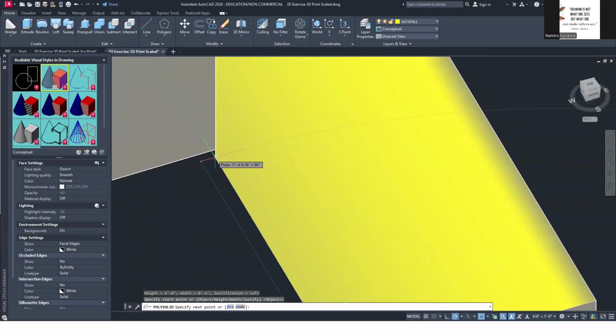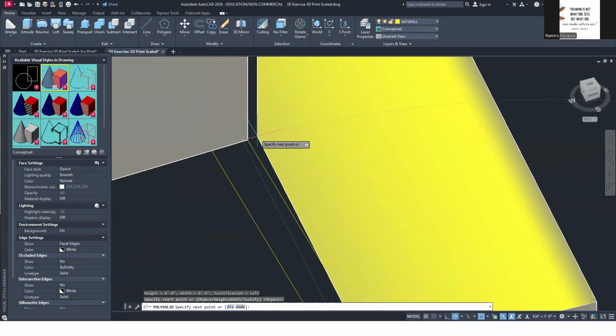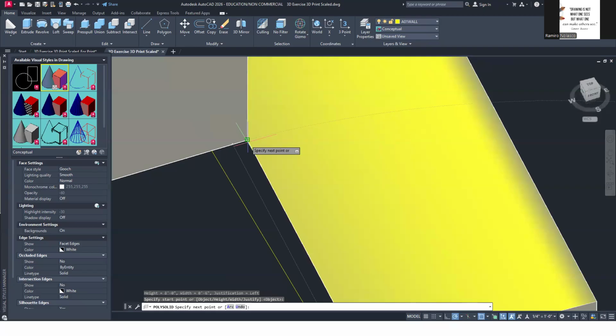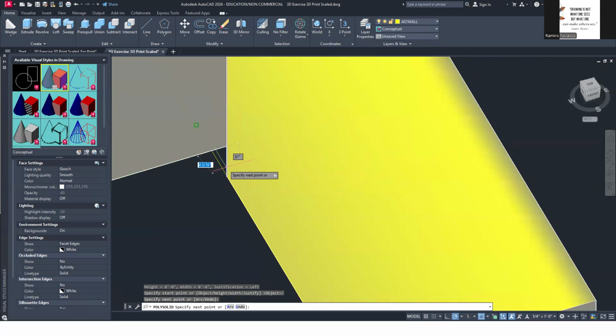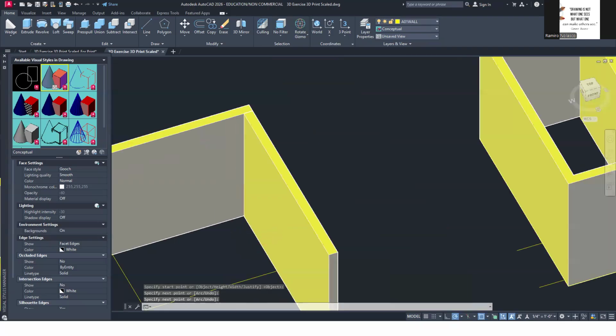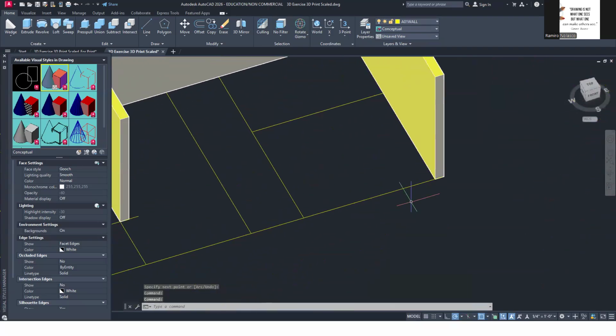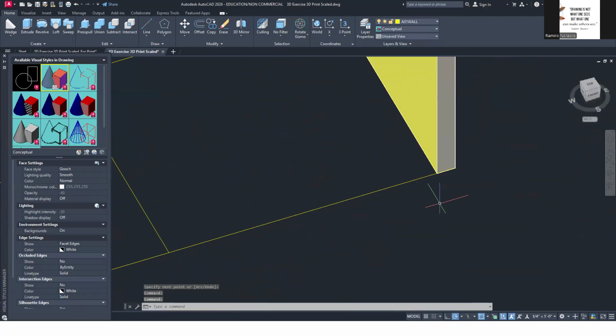So polysolid from here to... okay. See, sometimes it will not choose that endpoint. So maybe I can go here and then try to align it there. Okay. So using that option. Sometimes it doesn't want that, and then enter. Now from here, I need to start there.